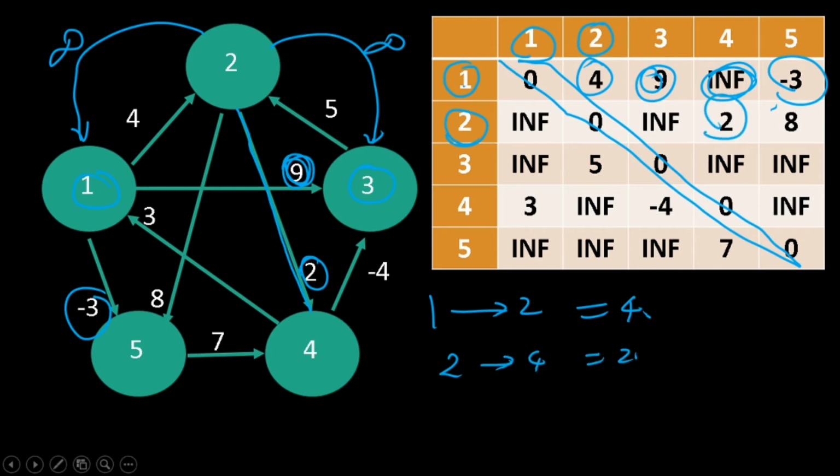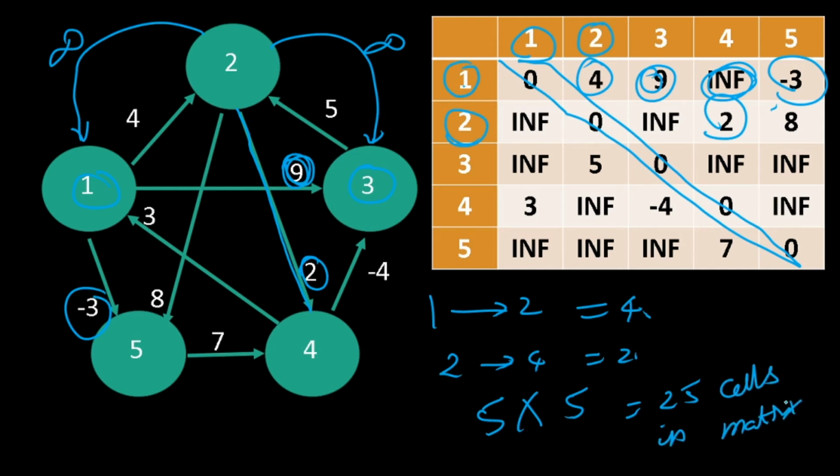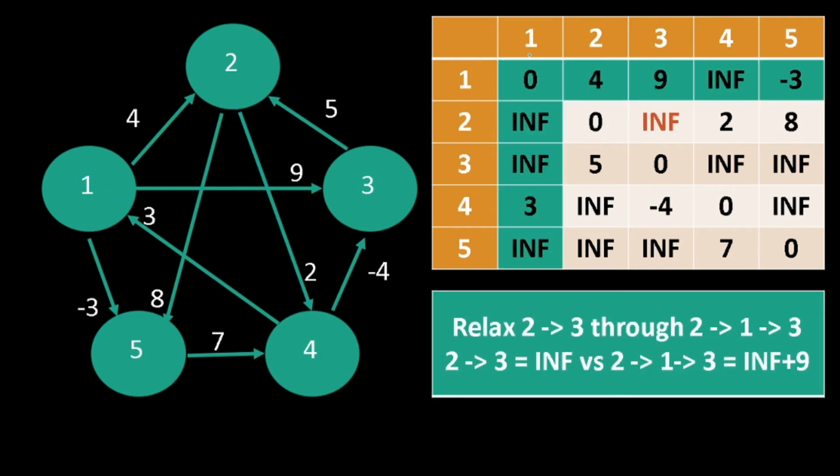I'm not going to walk through the whole matrix. Basically we'll have 5 origin points and 5 destination points, which is 25 cells in the matrix. And we will solve our problem by optimizing on this matrix. How many optimizations will we do? We will do n optimizations, on the order of the number of vertices, as a cycle. Let's go ahead. So first, I am planning to relax through vertex 1. What does this mean?